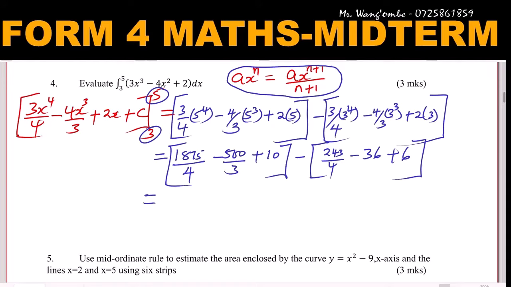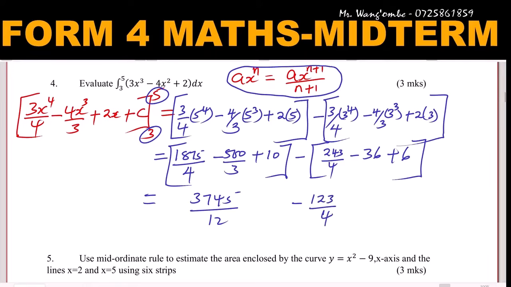You can work out everything here. 1875 divided by 4, subtract 500 over 3 plus 10. Using a calculator, that will give 3745 divided by 12. Then for this part, 243 divided by 4, subtract 36 plus 6. That will give 123